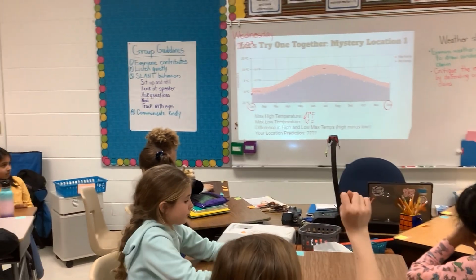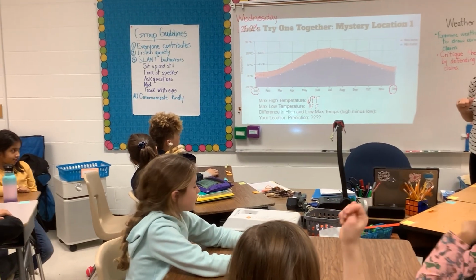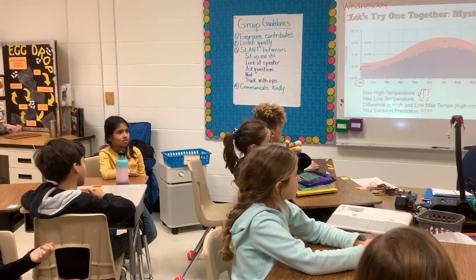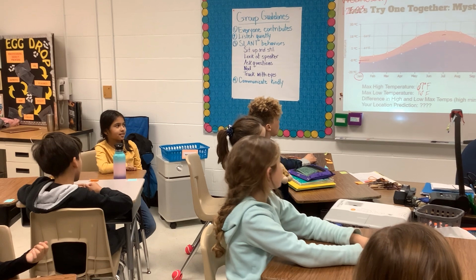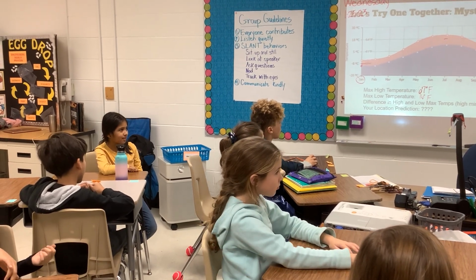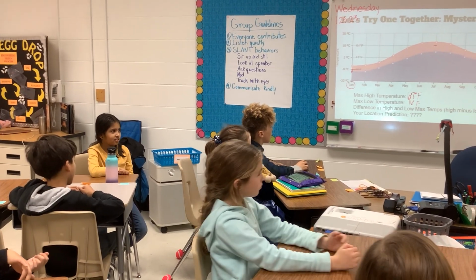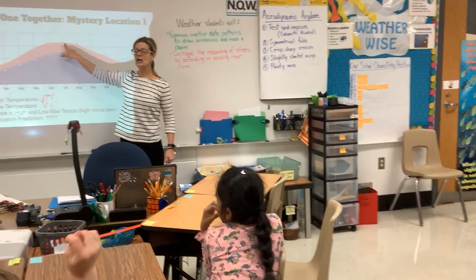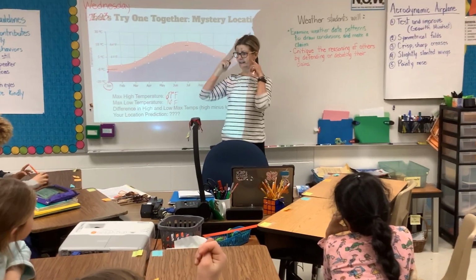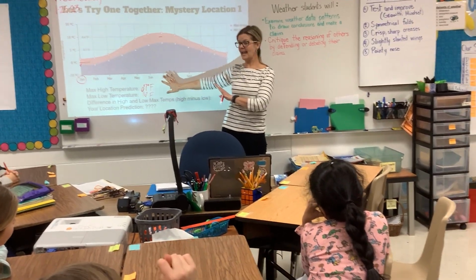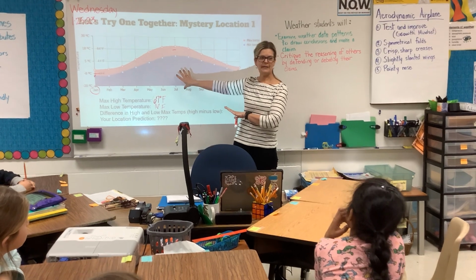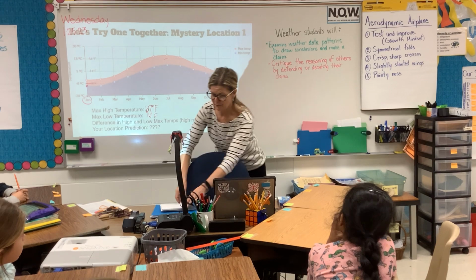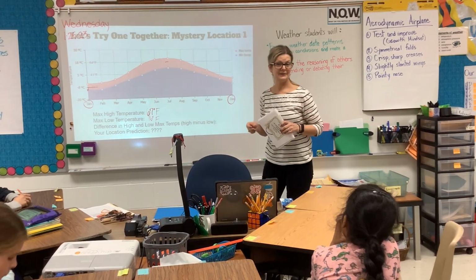Why do you think? Because I was going to say maybe if it's like fall or winter, because that's cold. But now I don't think so, because that's for the whole year. It's not going to be like this in summer for sure. We get a lot hotter than 64 degrees. Yeah. Right. Okay. So we've just used our deductive reasoning by looking at evidence to say this definitely wouldn't be Maryland. Now, one of your choices is not Maryland. Okay. But that's kind of how you're going to be doing.